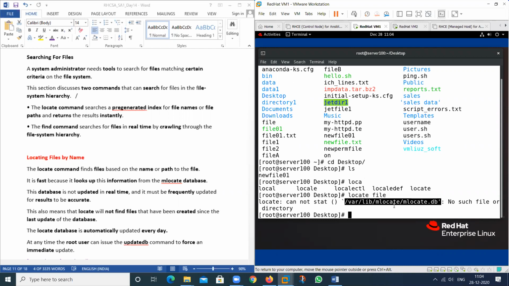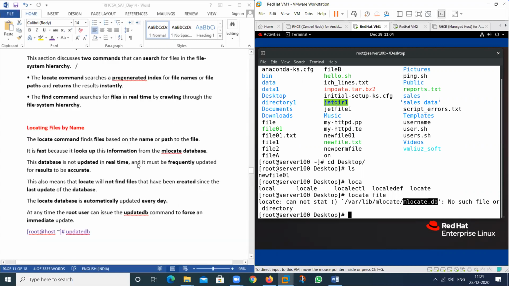In this we have another folder, mlocate, and this is the database. If this database is updated, then we are able to find any file. So what is the command to update this? This is the command, updatedb. By using this command, we can update the mlocate database.